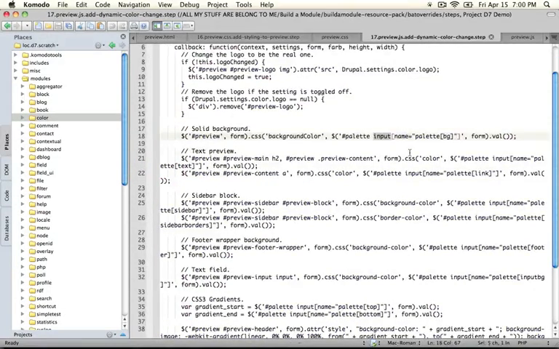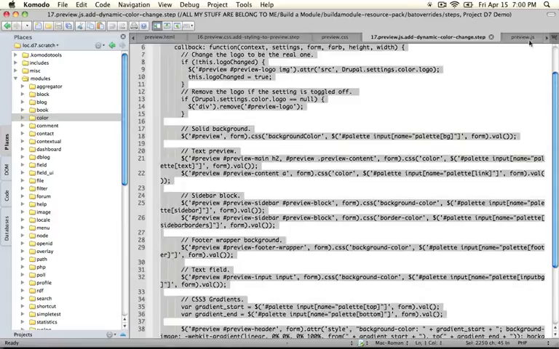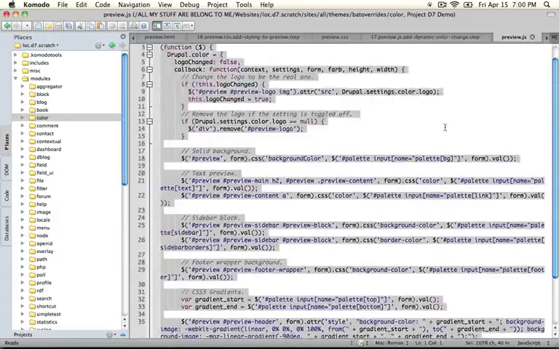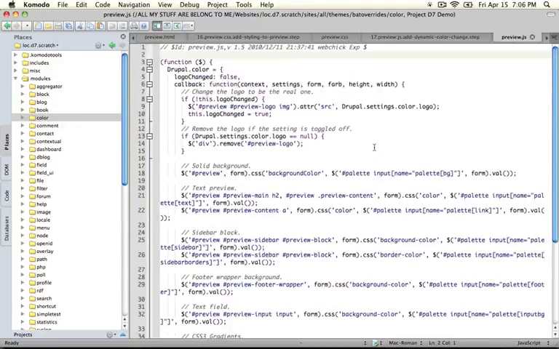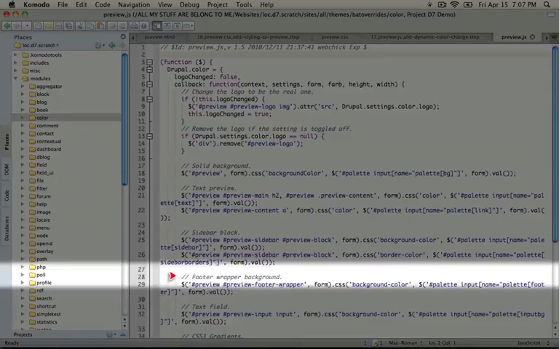And just like before, go ahead and copy all of the code from the step file and paste it in your preview.js file and save it. We've added a couple lines to this file. I'm going to scroll up to the top so you can see the context here. And it follows the same structure as most of the rest of the code in this file. And if you watch the video on the preview.js file, then you know what I'm talking about.